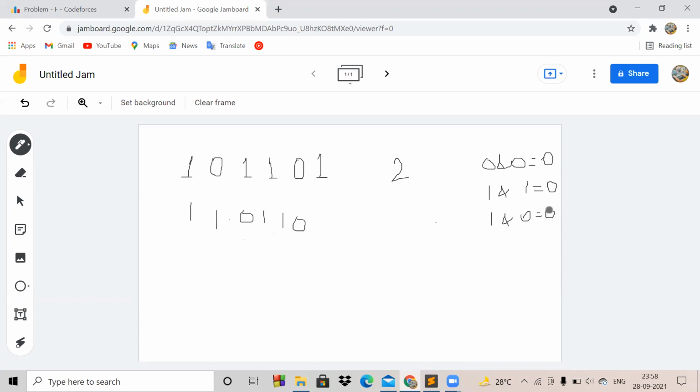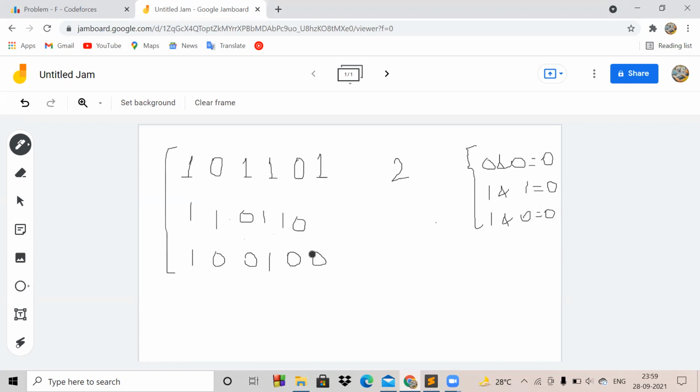I hope you know them, and if you don't, then now remember that these are the rules of AND. After completing the first operation, we take the AND of these indexes. 1 and 1 is 1, 1 and 0 is 0, 1 and 0 is 0, 1 and 1 is 1, 1 and 0 is 0, and 1 and 0 is again 0.